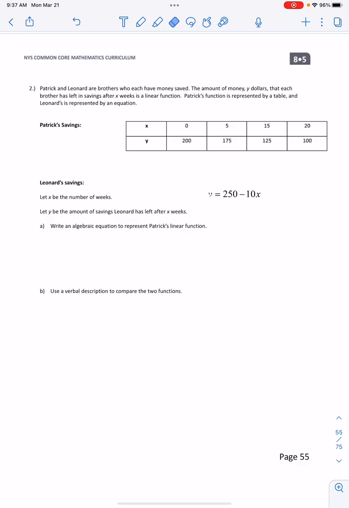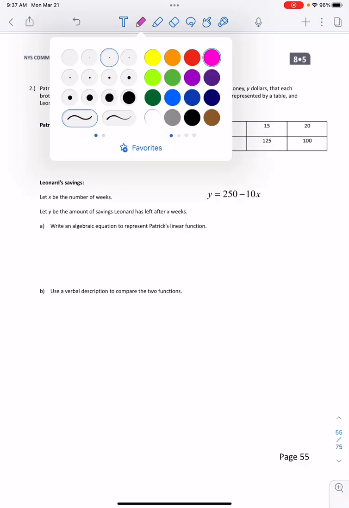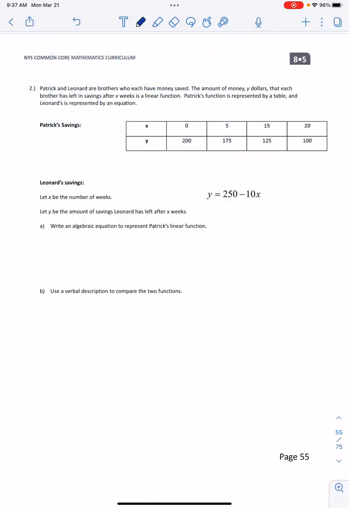So first of all, let's change this here. Okay, so we are going to move this here. So this should be y equals, and I'm going to change it around. So it's negative 10x plus 250. Okay, and what I'm going to do up here, I'm going to